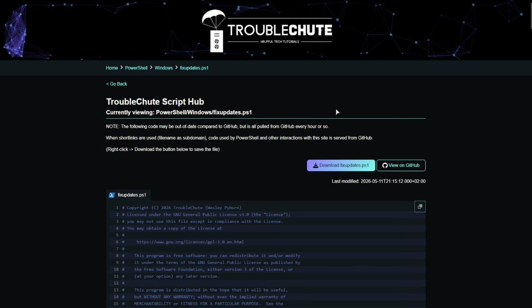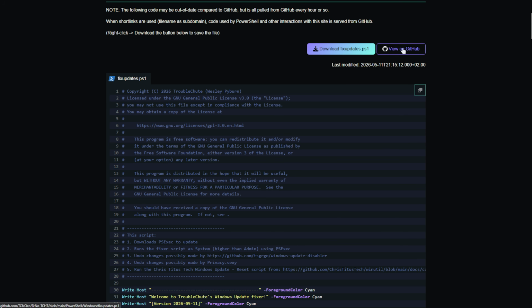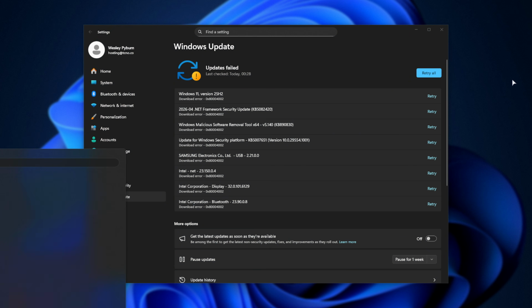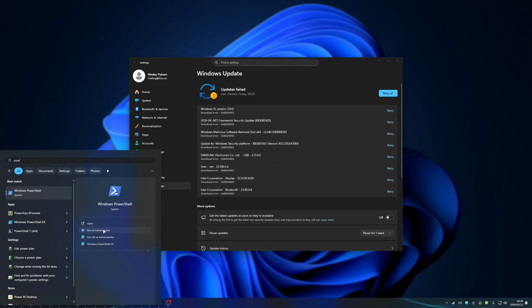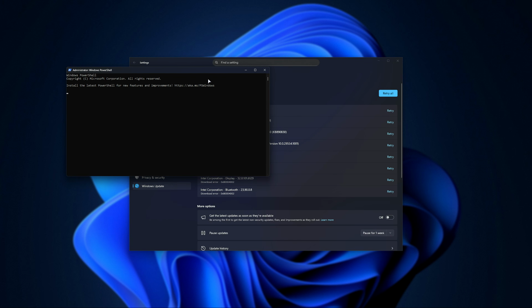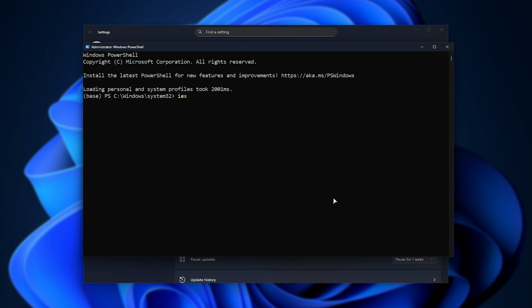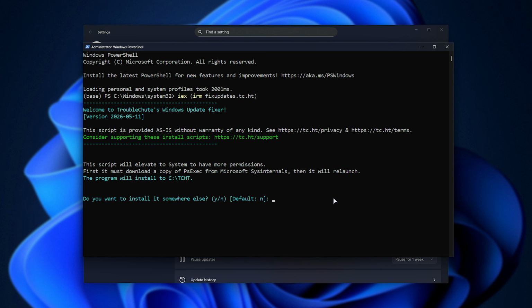All you need to do to run this script, which you can read the full source on my site or on GitHub, linked down below, is hit start, type in PowerShell, and then from Windows PowerShell, choose Run as Administrator or right-click and choose Run as Administrator here. Once you do, choose Yes, and a new window opens up. Inside of this, just simply type IEX space, and inside of brackets, IRM fix updates.tc.ht. Closing brackets, you'll find this down below, hit enter, and it'll automatically start running the script, which will first